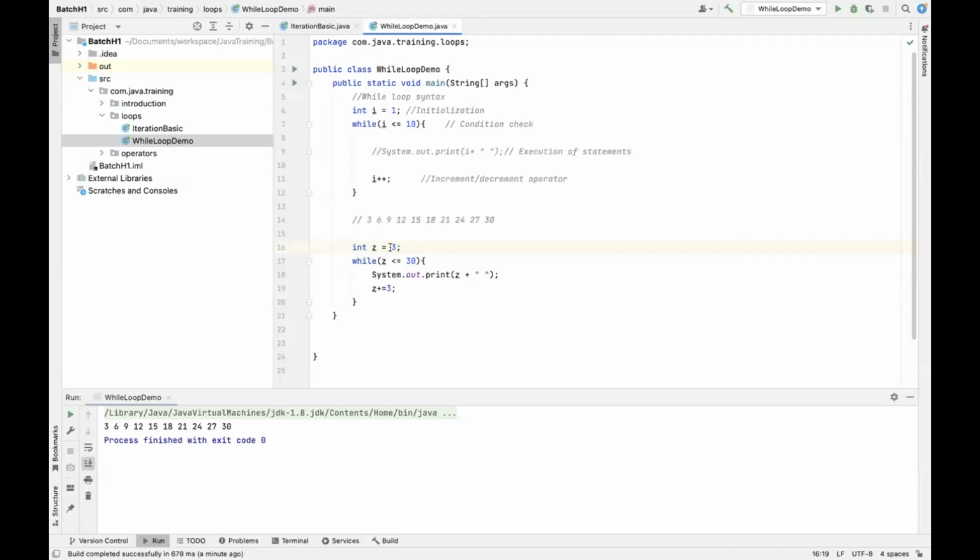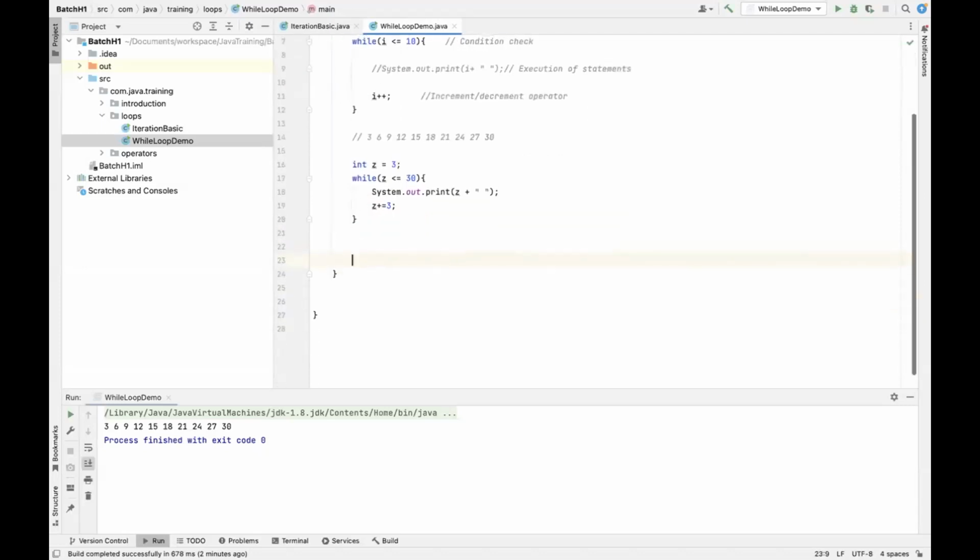In a for loop, you need to know how many times you are running the loop. Suppose you want to write a program